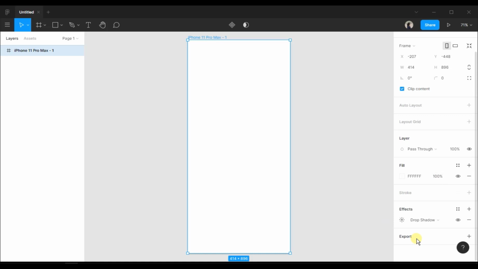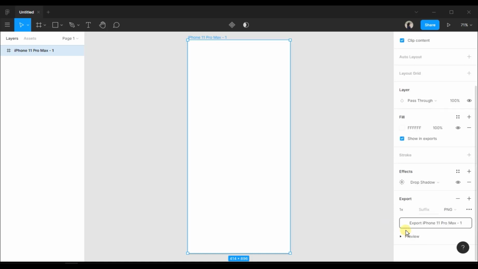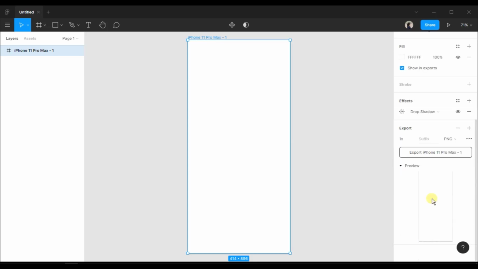And finally here we have the export option from where you can export the design artboards you have created in different formats like PNG, JPG, SVG, PDF, and etc. Here we also have the preview option which will show you the preview of your design you have created here.